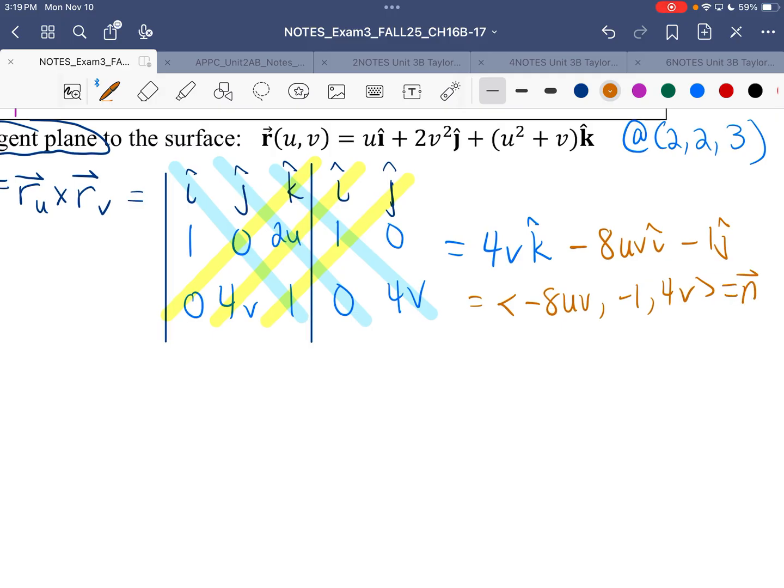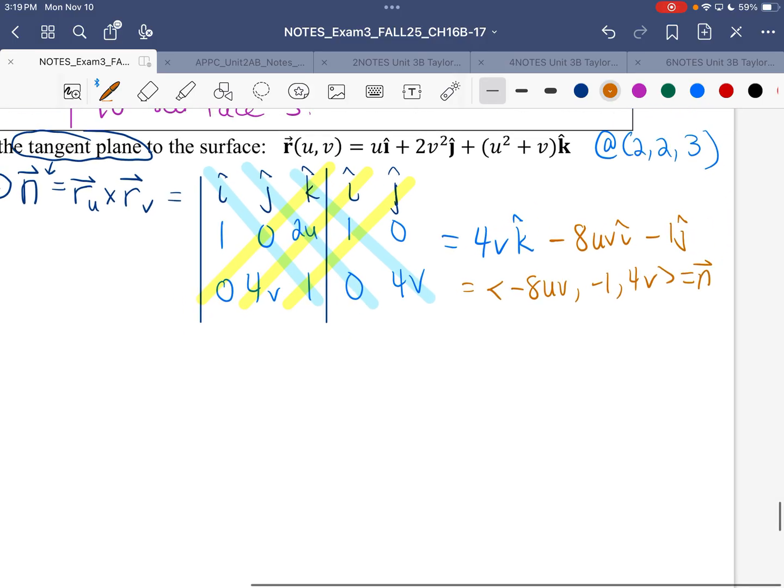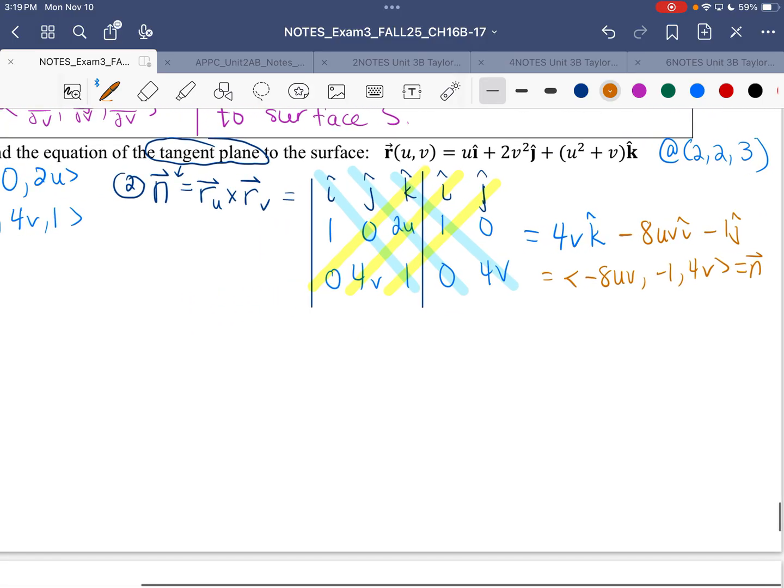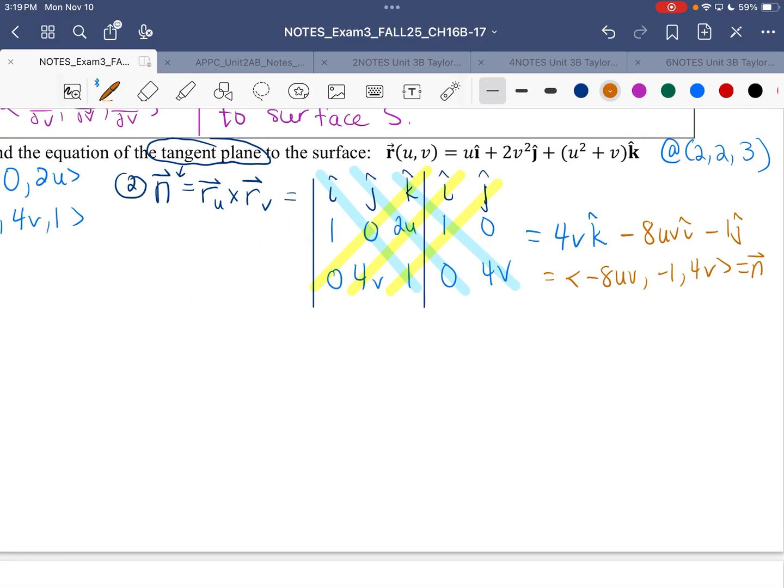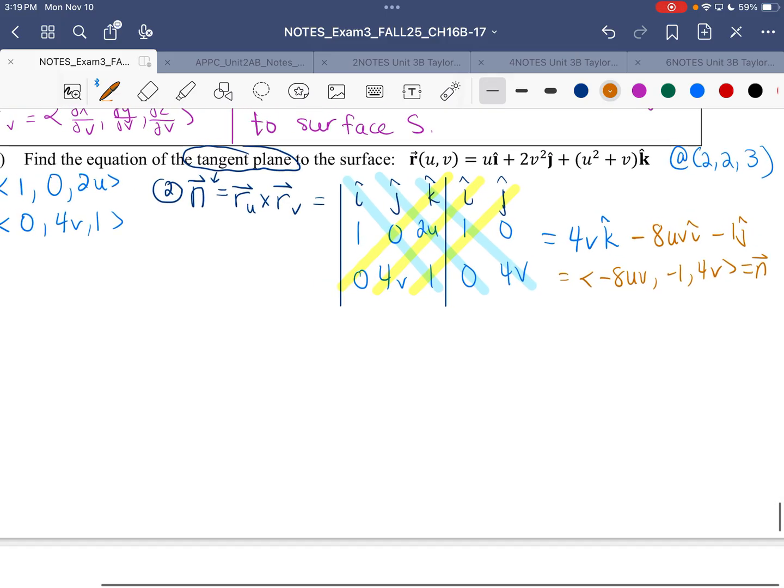Those are going to be the coefficients of the plane, the A, B, C part, but you have to do it at that point. Okay, so we want to go from having 3 terms to only having to deal with U's and V's. So looking at your R,